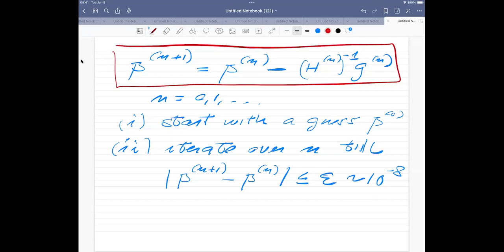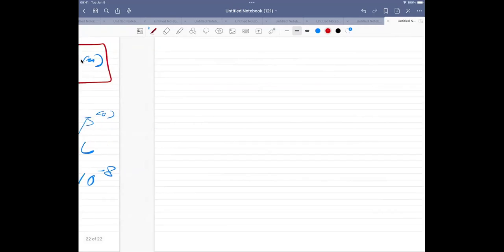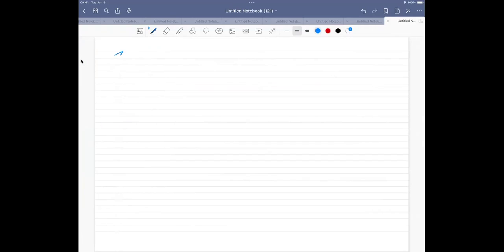Now, the problem which we face is that this H is a matrix. If you have 1,000 parameters, it's a 1,000 by 1,000 matrix. And you don't want to invert that matrix because you have to calculate the second derivatives of the parameters. And the gradient itself, as you will see, is complicated enough. So in real life implementations, I did a derivation just for a scalar, but in the general case,